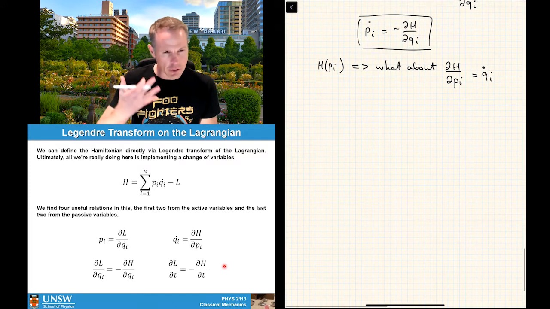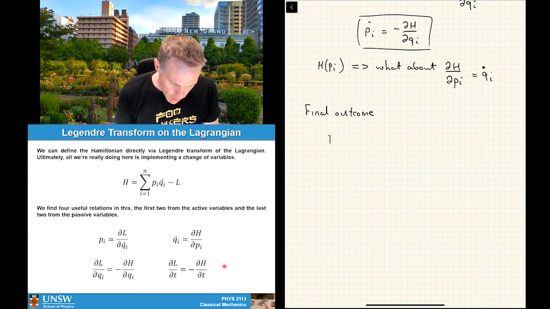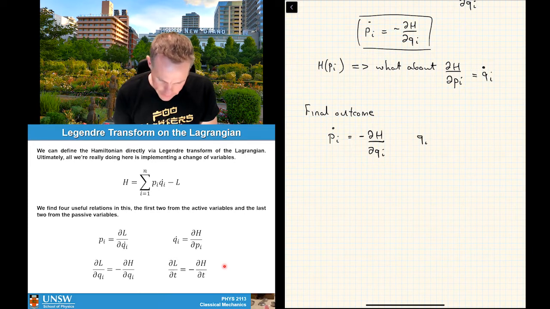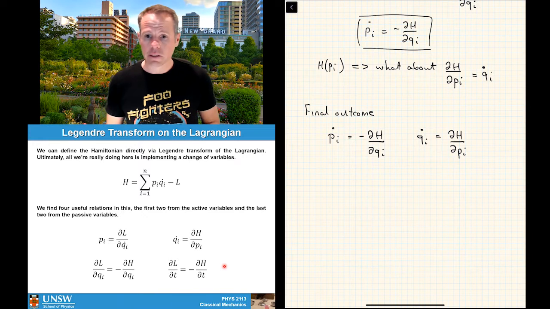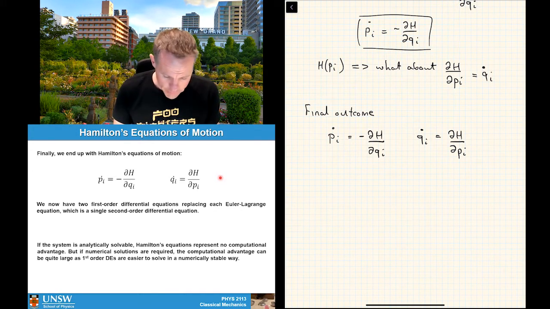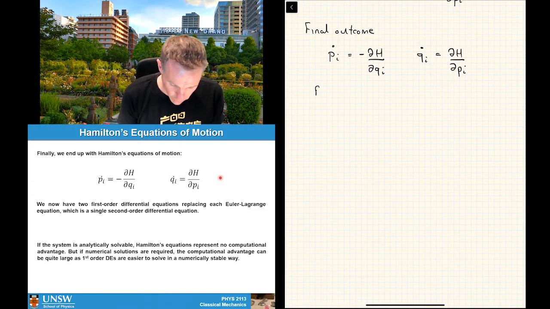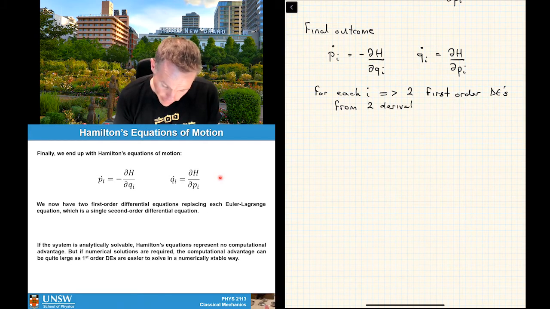And just to make the symmetry in this really obvious to you, what we've got as a final outcome is pi dot is equal to minus dH/dqi, and we have qi dot is equal to dH/dpi. And so what we have here is essentially two equations of motion, and these are what we know as Hamilton's equations of motion. Okay, so for each i, what we're going to get is two first order DEs from two derivatives of H,